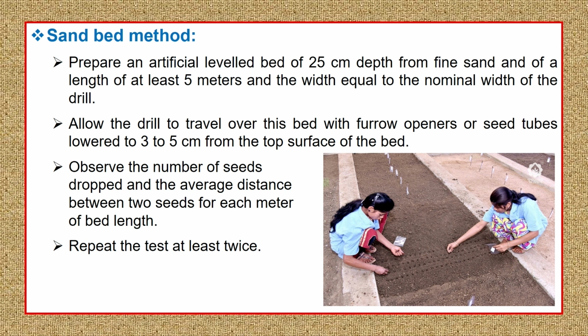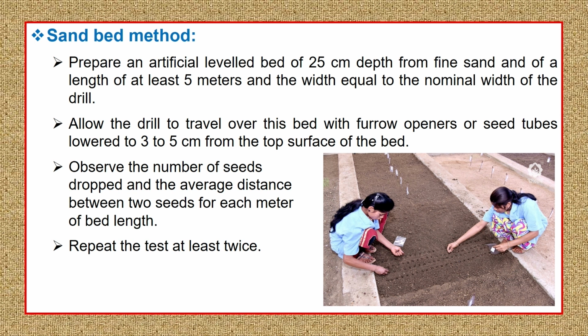The sand bed is an artificially made bed with a length of about 5 meters, and the entire bed has a depth of 25 centimeters, full of sand. Only sand is placed in that bed to a depth of 25 centimeters. In this bed, the seed drill will be pulled, and everything will be in process,